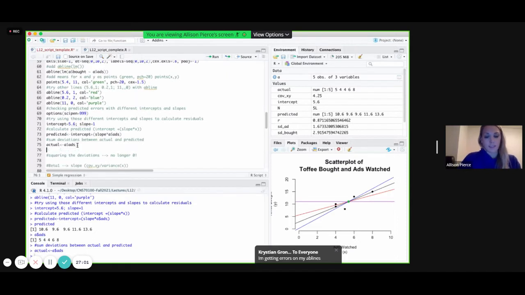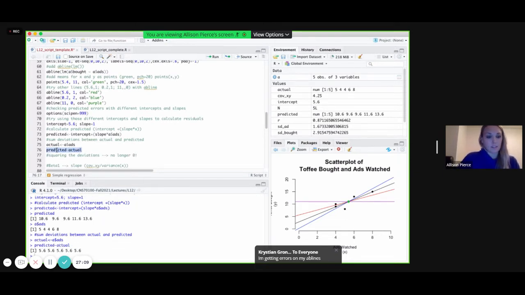So if I took my predicted minus actual, you can see these differences, 5.6 every time. And if I do actual minus predicted, and if I sum these,